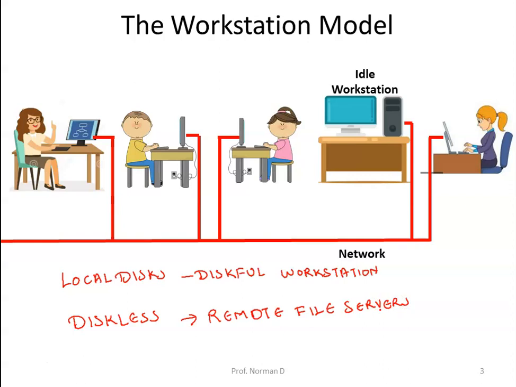So the requests to read and write files are sent to this file server, which performs the work and sends back the reply. Having a large number of workstations equipped with small, slow disks is typically much more expensive than having one or two file servers, which are equipped with huge, fast disks and accessed over the LAN.